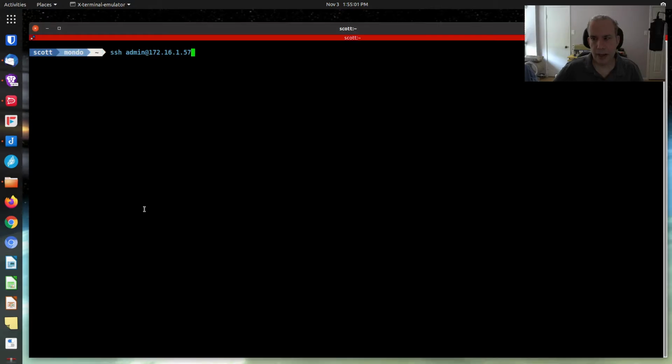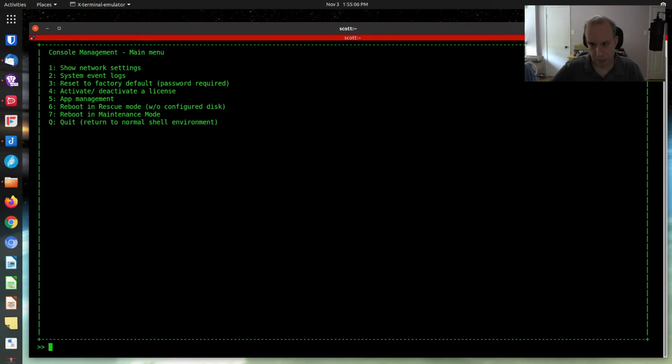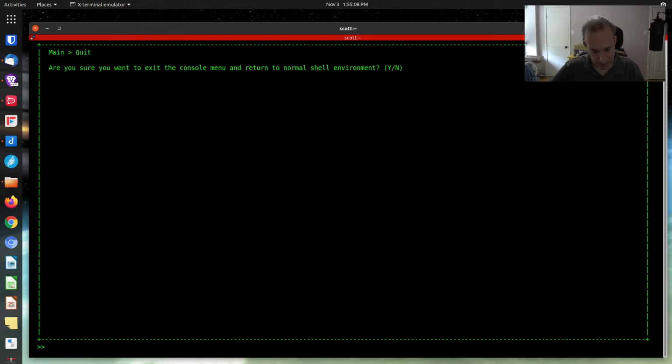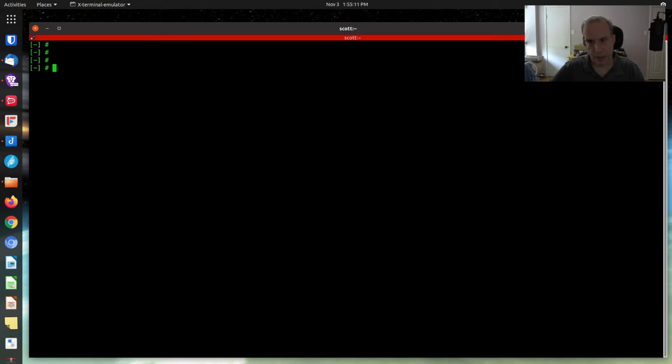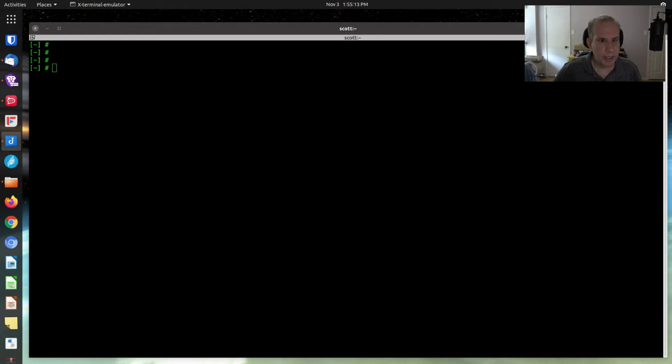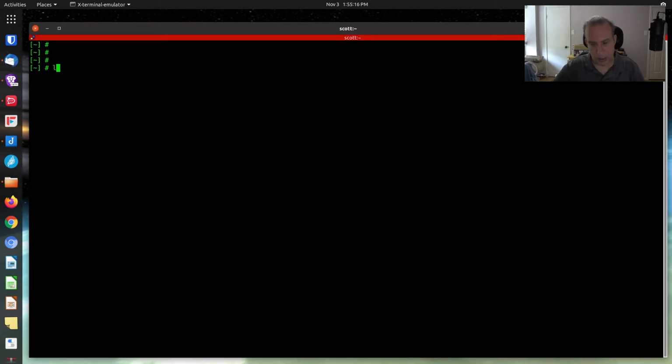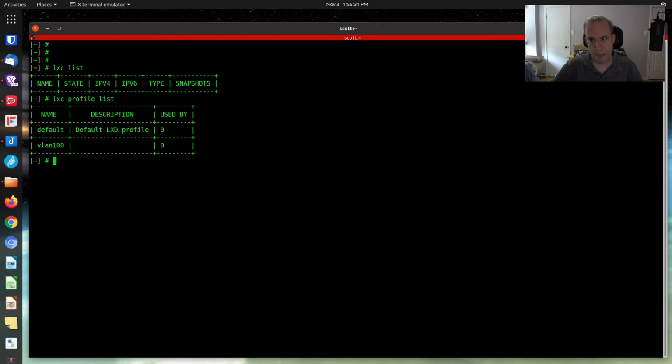Here we are at the command line once again, and we're going to SSH back to the QNAP NAS. We're going to quit out of the menu, and return to a shell prompt on the QNAP NAS. Just as a reminder, at this point, if I do an LXC list, I don't have any LXD containers. I went out and deleted the last container that we had created. And if I do an LXC profile list, I have the default profile and